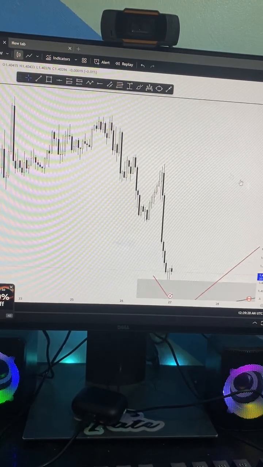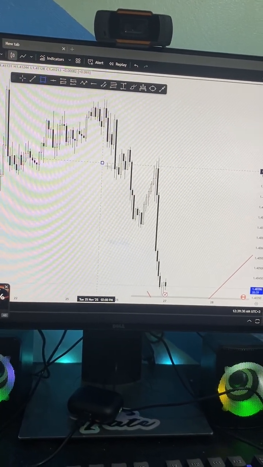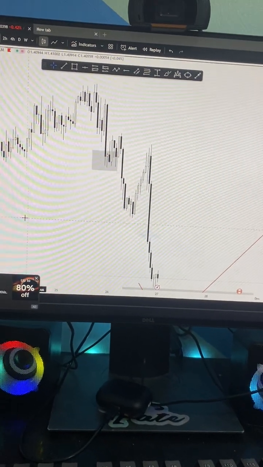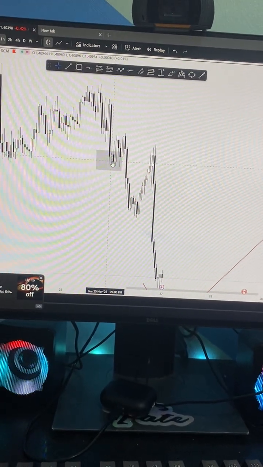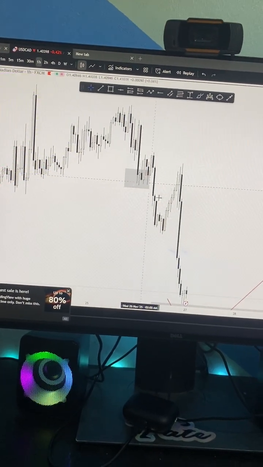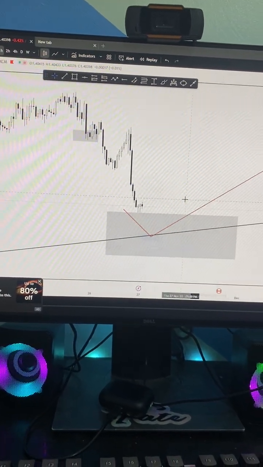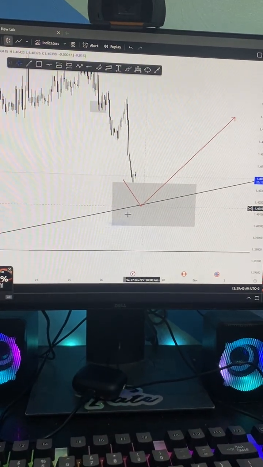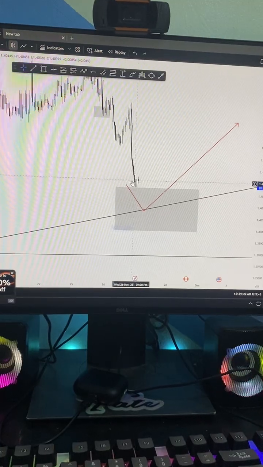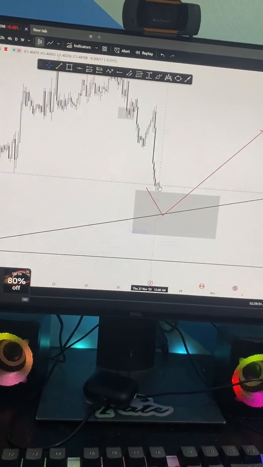Remember, here it also did the same thing, and you'd be stupid to buy over here. Because they say you must get an inverted hammer. Well, they got the inverted hammer, but were we at our key level? No, we were not. So we couldn't consider this one. So the first confirmation we need is it must be at the key level. After reaching the key level, then boom, that's when you can start looking for the candlestick patterns. So yeah,